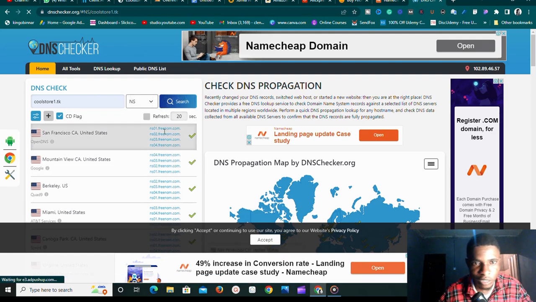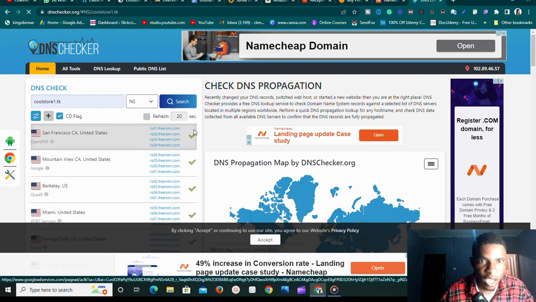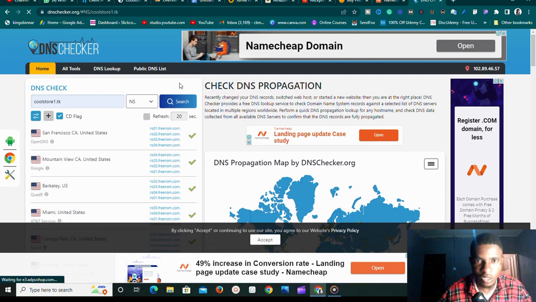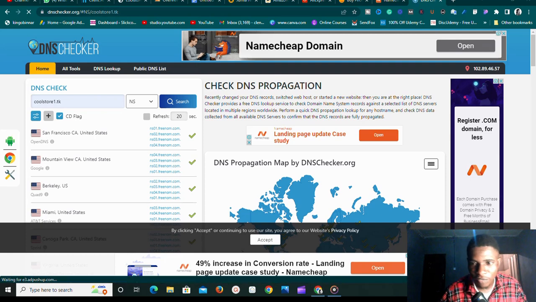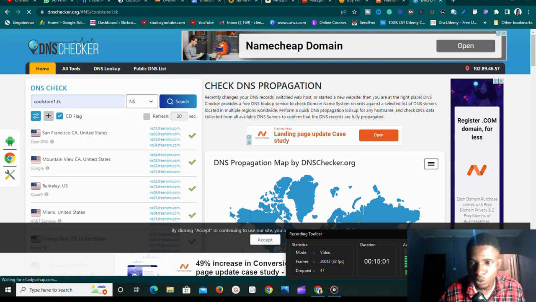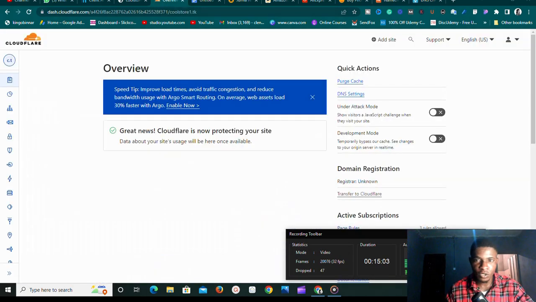and make sure you change the name servers of your domain to Cloudflare if you're going to use Cloudflare, and allow it to propagate, just like I'm doing right now. I'm allowing it to propagate. So I'll come back after a few minutes to check if it has propagated, so that I'll continue with the video. So guys, after I've waited for like 20 minutes or so,